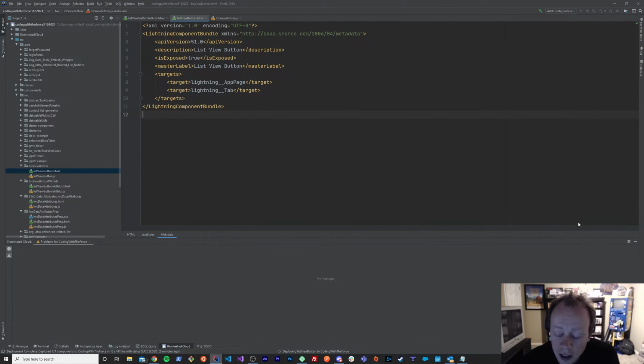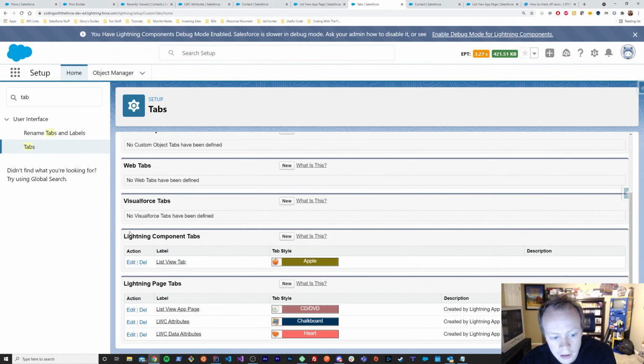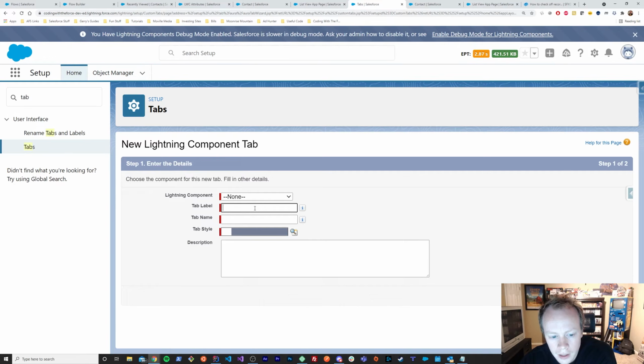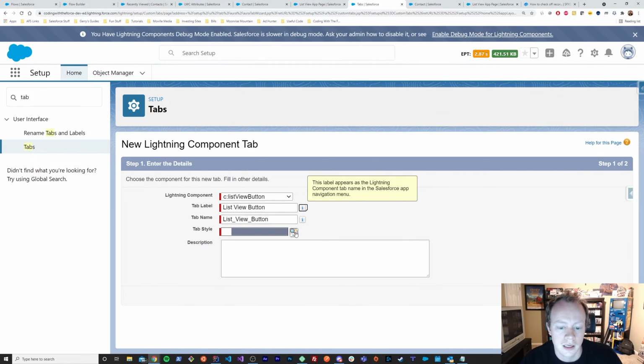And once that's saved, you'll see it becomes selectable in the tabs area here. So we'll go to Lightning Component Tabs, create a new tab, and grab this list view button component that we've made. We'll just call it list view button,